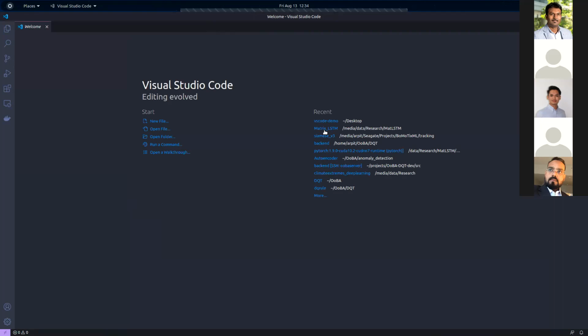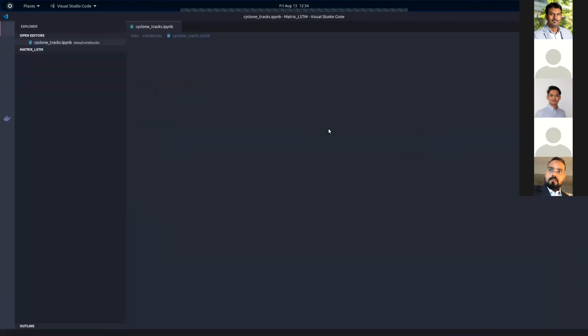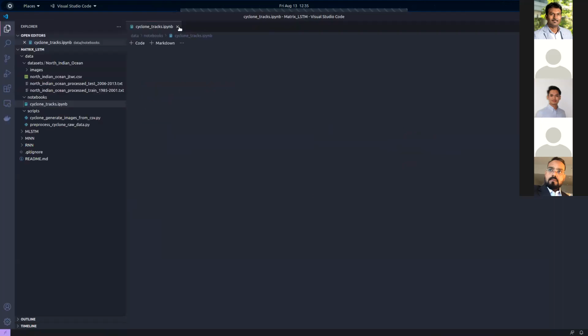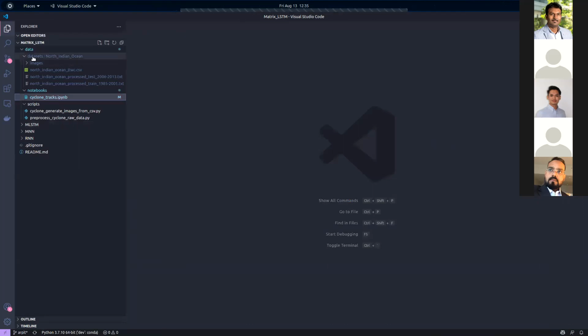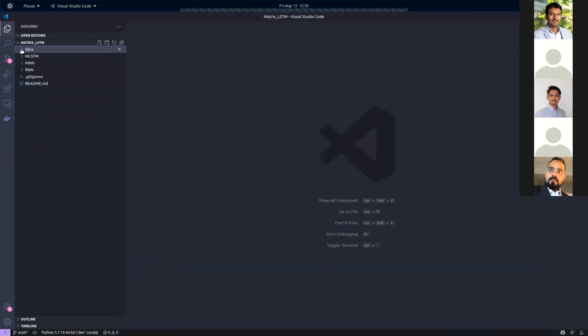I'll share that with you. This is the matrix LSTM project that we are currently working on. Here we are using cyclone data that has continuous tracks of cyclones, and we are trying to predict them using a matrix LSTM architecture, right?